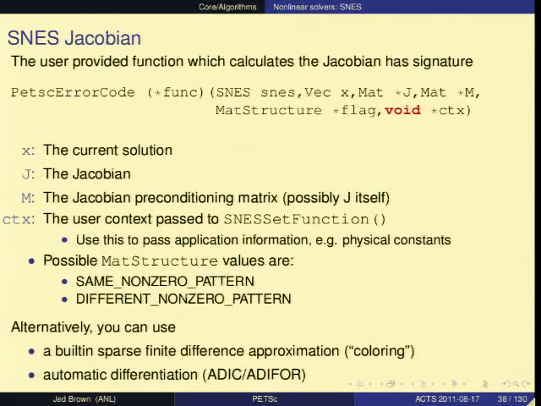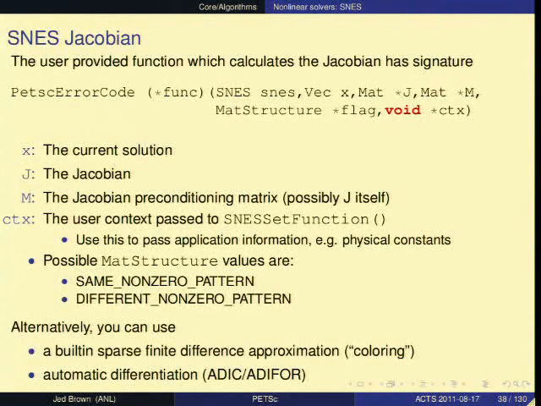If we provide a Jacobian, then we have the same kind of initial part here. We have the nonlinear solver context, which we can query. Sometimes there's information in there that you wanted to know about. And then there's the state that we're evaluating around. And then we provide the Jacobian. And you can also provide preconditioning information. Very often these are the same, but sometimes we'll make them different. We'll make them different in this example.